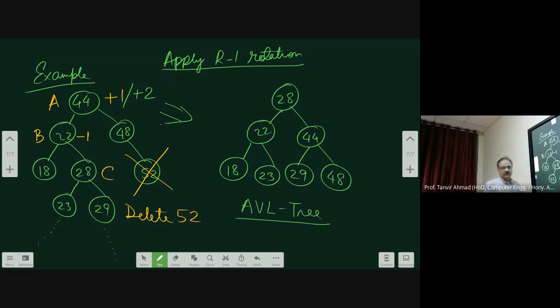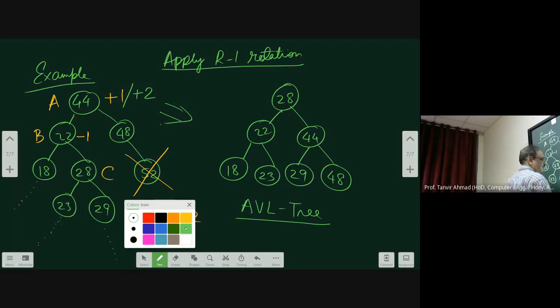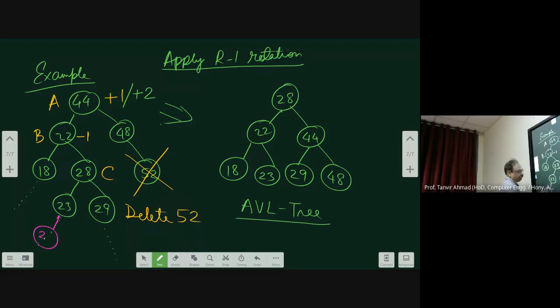Like this. But if there is a node over there, obviously there will be nodes over here also. Because if you put some node below 23 and 29, you must have a node at 18 also, otherwise it will not be balanced. Let me show you why I am saying this. I am putting a node over here, suppose say I put 22. I put a node as 30. Now if you put like this, it is not balanced.